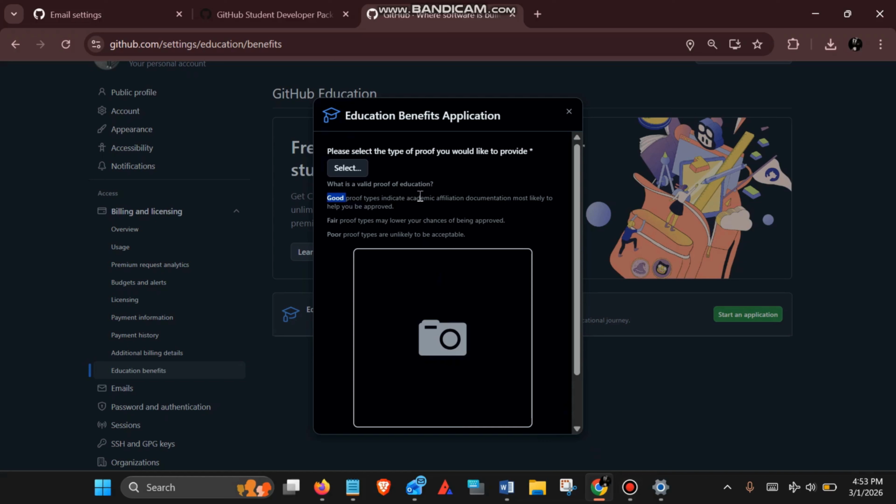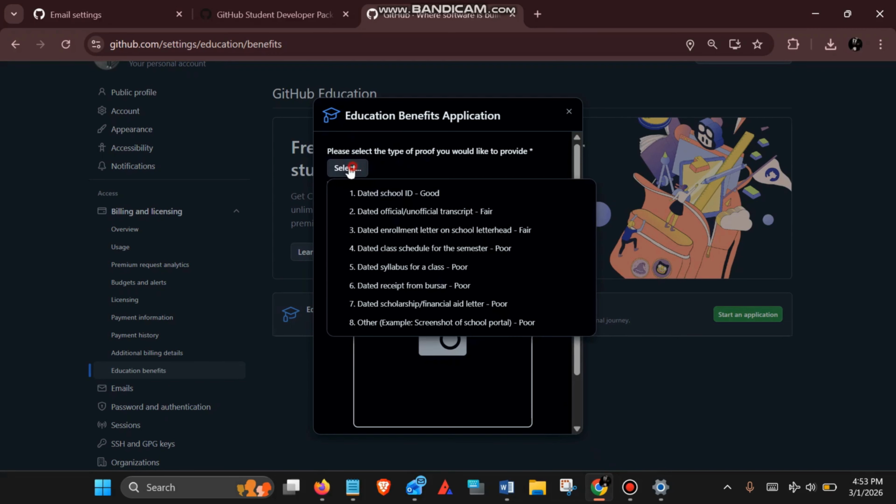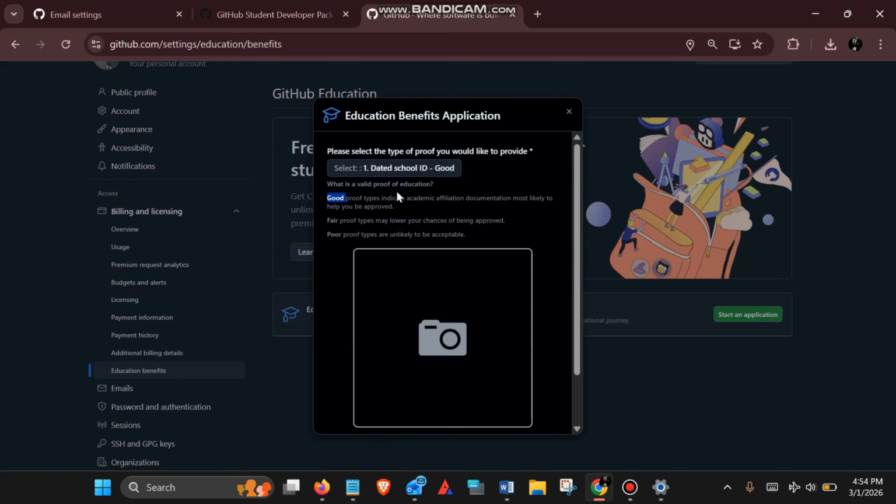I will upload a file. I select the type of proof that I would like to provide, and there are some things that are ranked according to category. For example, school ID is associated with good, and transcript is associated with fair, and so on. So I will provide my school ID, and most of you will obviously have your school ID. So just click on it, and